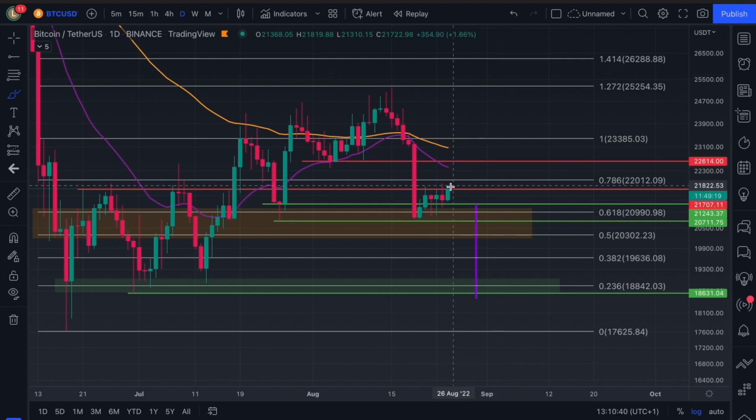But what the EMAs are solely saying is that this is now resistance, because we never formed the bullish cross. That means all the bullish crosses on the alts are fake. But again, let's look at Quant. Quant is a nice market leader, so if that's constantly making higher highs and higher lows, I'm guessing the rest of the market will follow, and that will be seen on the Bitcoin chart, which